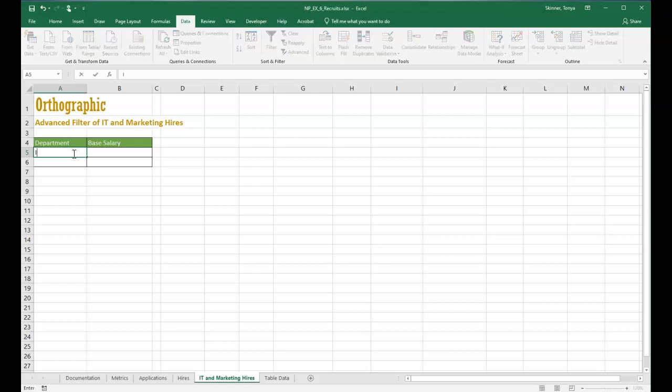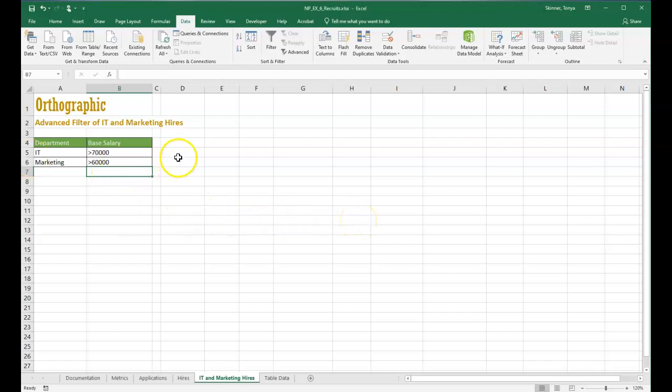Okay, so IT department, marketing department, and then the instructions give us some criteria here, which says if they're in the IT, we want base salaries that are greater than $70,000. Don't put the comma in, and don't put the $ sign in. And then the other will be salaries greater than $60,000. So it's just like that. It's going to use the information in that little table to do the math for us and to run this OR function. So if we were in Access, this would be something that we would do on two separate lines in Access. But we are not in Access, we're in Excel, so we have this advanced filter that we can